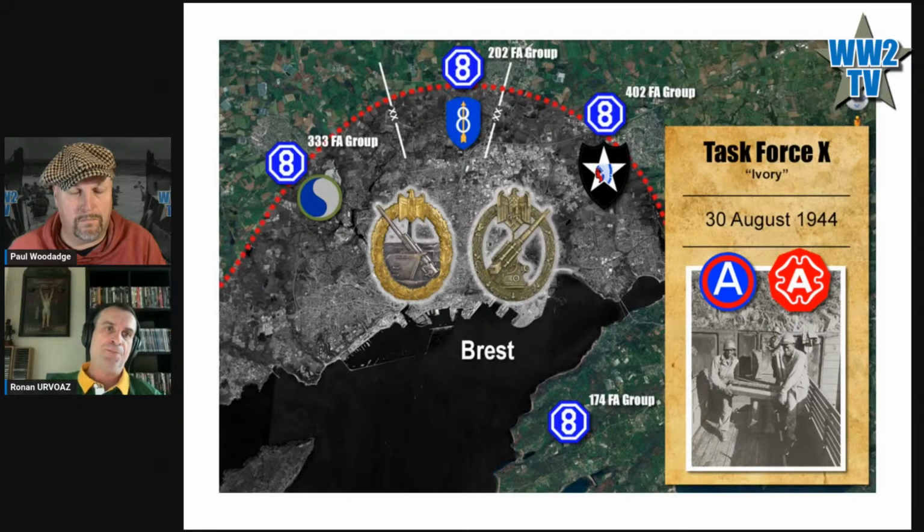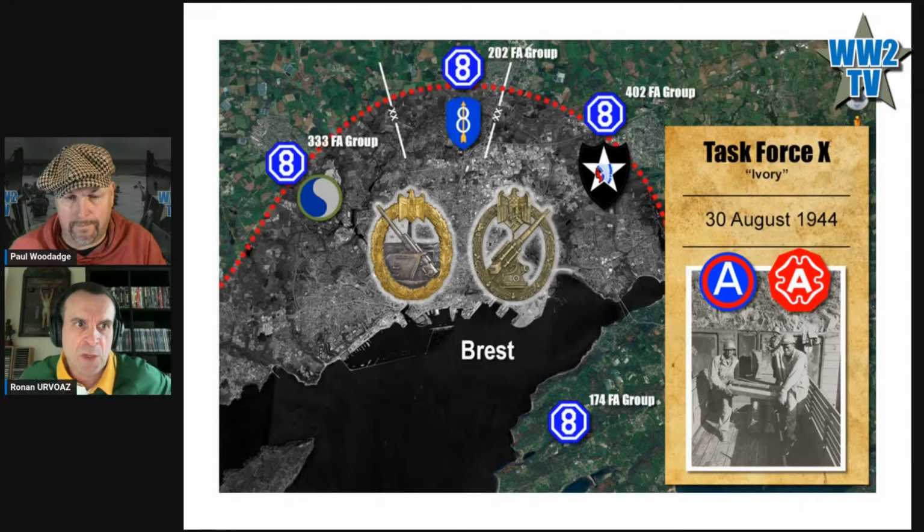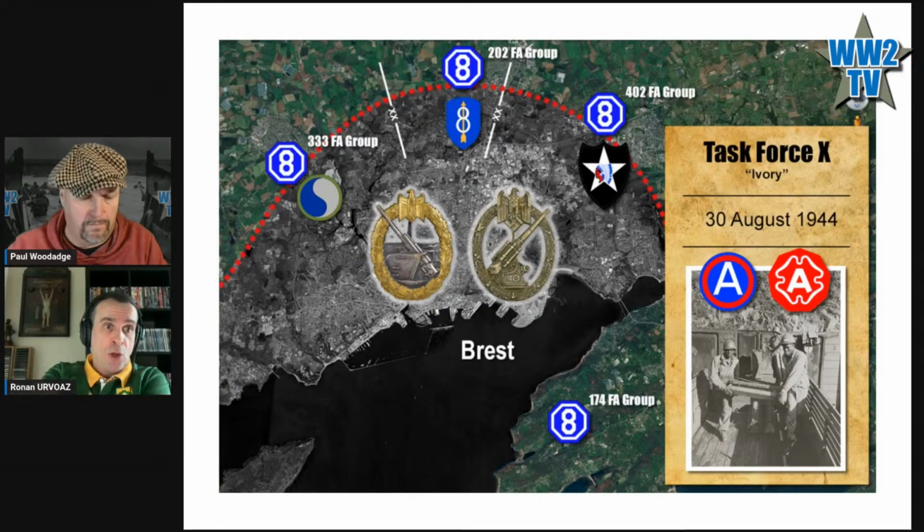I'm not going back to explain how powerful the German artillery was. If people are interested, they can go back and watch the first one. But the Battle of Brest was first and foremost a huge artillery battle, because the US troops deployed their organic artillery. Each division has its own organic artillery, but every division was attached a field artillery group composed of 4 artillery battalions. An interesting fact: as much as the US Army was segregated, and black soldiers couldn't fight, in Brest we actually had colored troops fighting on the front line, belonging to field artillery groups like these guys, and also the famous